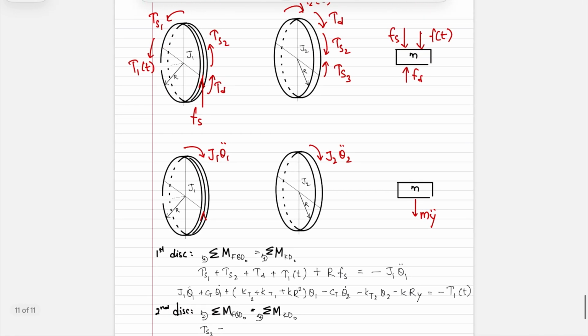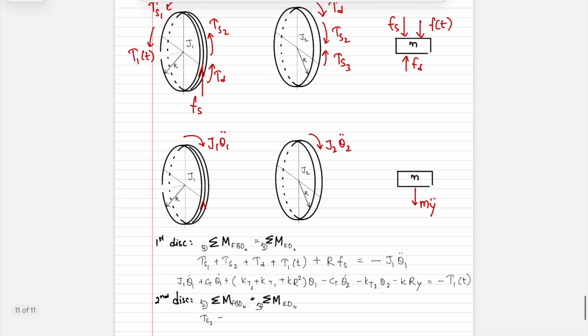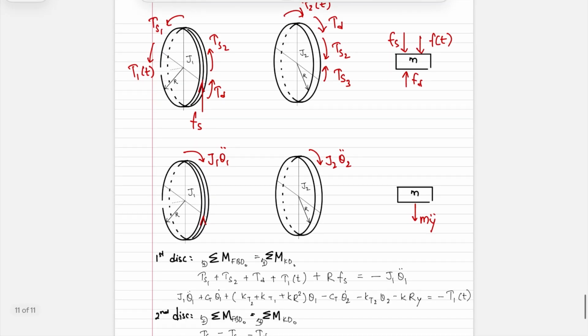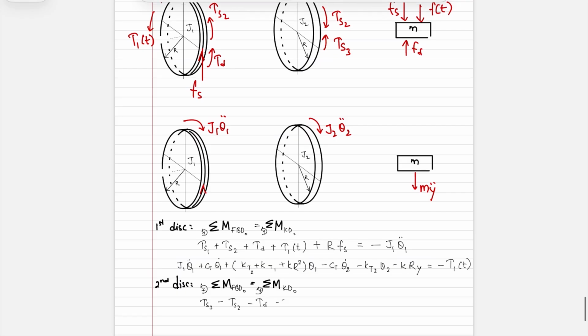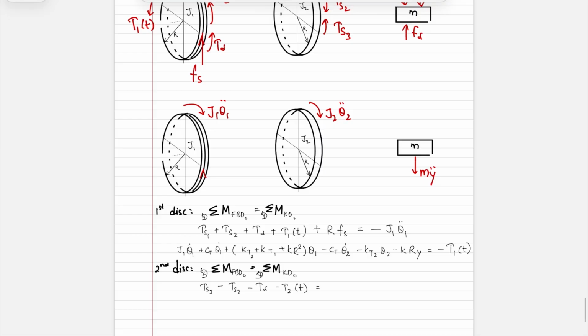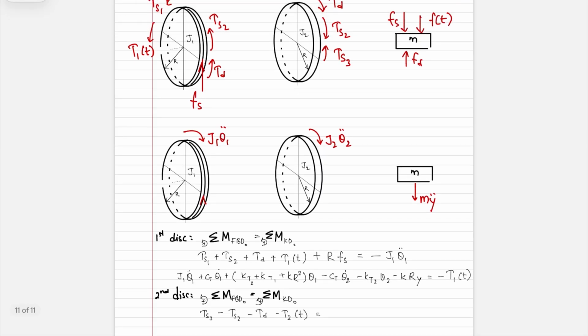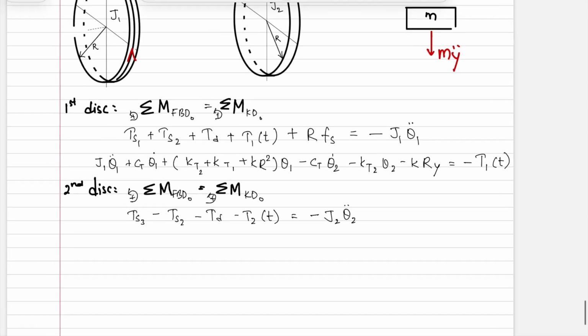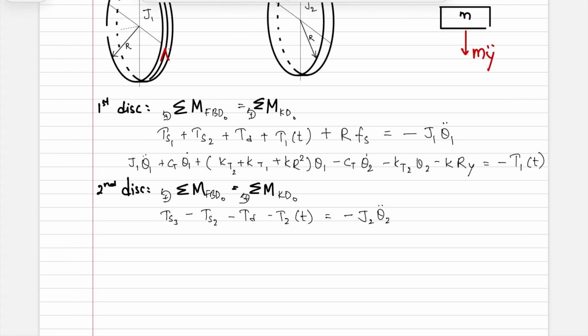So you have tau S3 and everything else is negative. So tau S3 was positive, everything else, that is tau S2 minus tau D minus the external, that is tau 2 of t, is equal to, and in this case there is also in the opposite direction of what we chose as positive, so you have minus j2 theta 2 double dot,